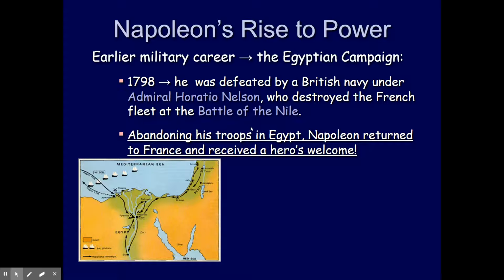And Napoleon flees, leaving many of his troops to either be taken hostage by the British Army, killed by the British Army or the locals, or die of bubonic plague. Because there's no Twitter and news was relatively slow, Napoleon was able to return back to France and control the narrative and receive a hero's welcome amongst the general populace, even though the Directory knew that he had basically abandoned his men.